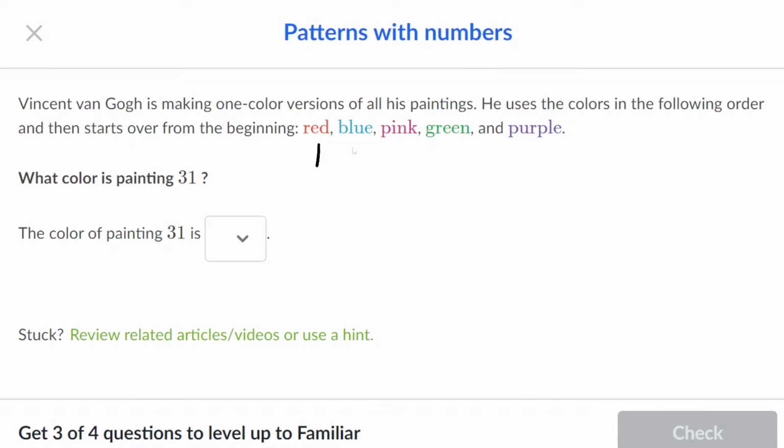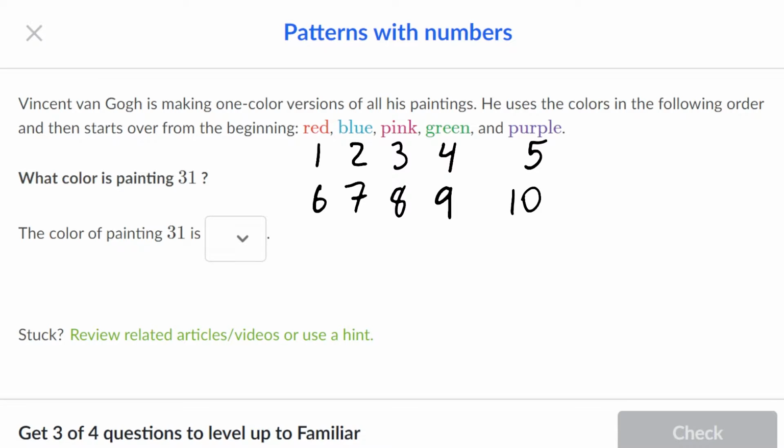The first painting is red, the second is blue, the third is pink, the fourth is green, the fifth is purple, yeah? And then he starts from the beginning. So the sixth is red, the seventh is blue, the eighth is pink, the ninth is green, and the 10th is purple. And we could just keep counting up until we get to 31,